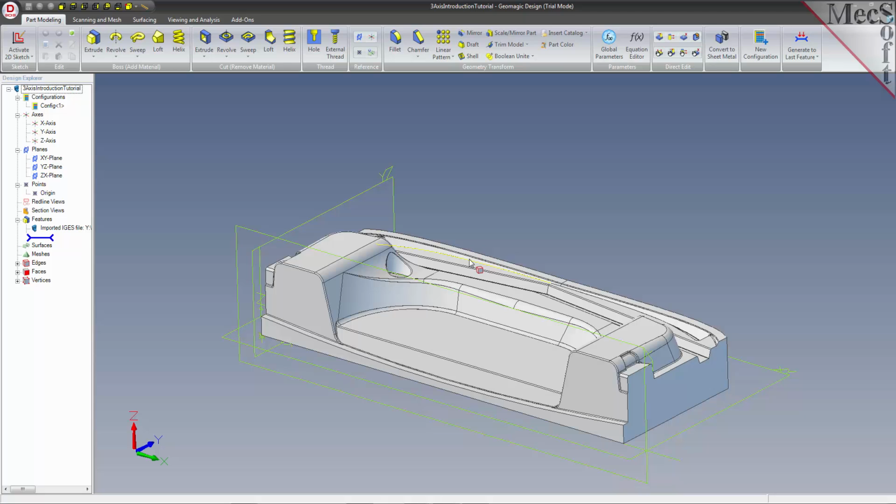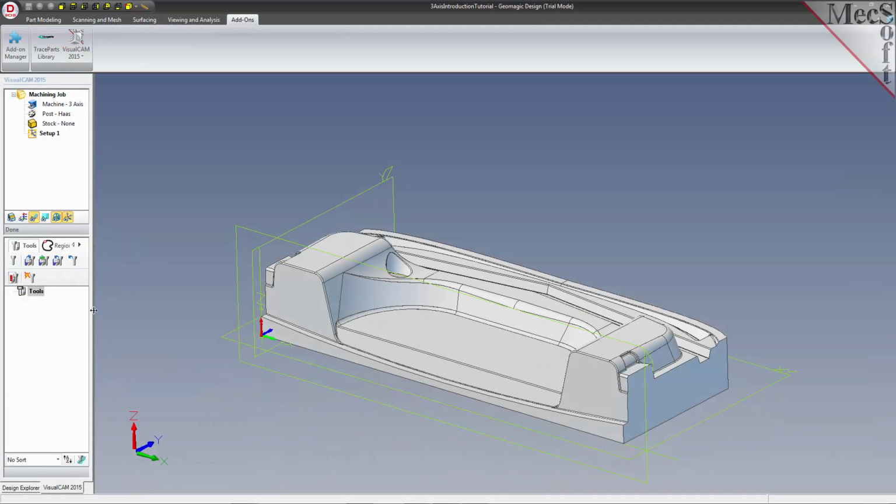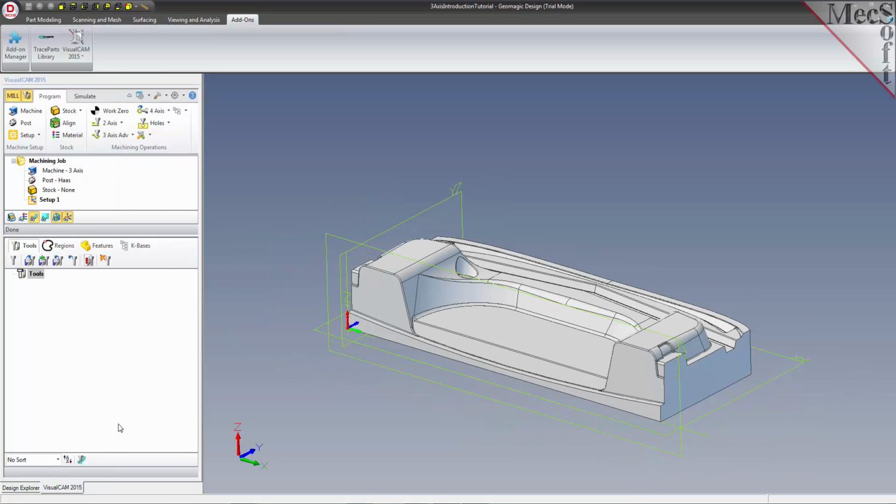To launch the VisualCAM Mill module, select the Add-ons tab from the ribbon bar. You will observe an entry called VisualCAM 2015 on the ribbon bar. Selecting this button will display a drop-down menu from which one of the 3 machining modules can be chosen. Select the Mill entry and this will create the VisualCAM 2015 dialog bar as a separate tab next to the